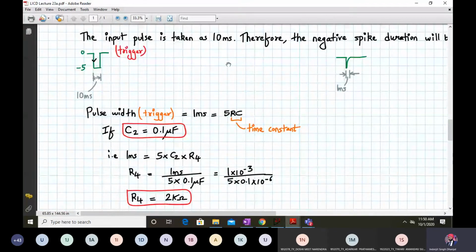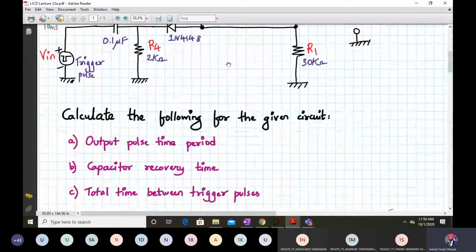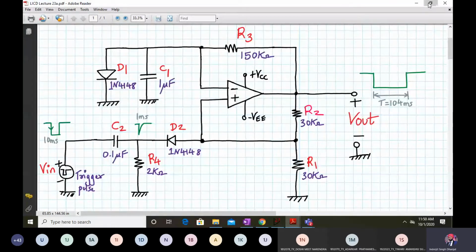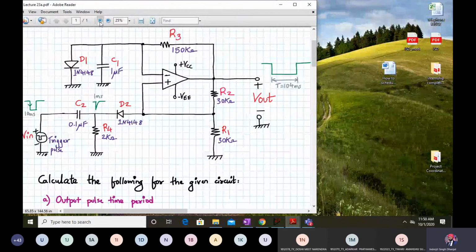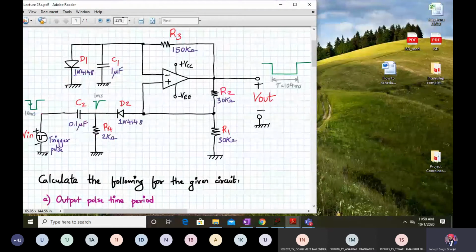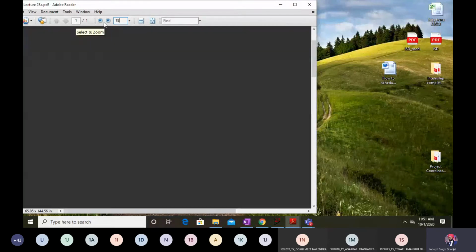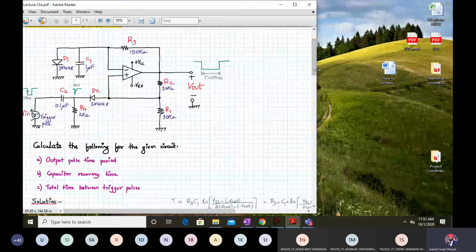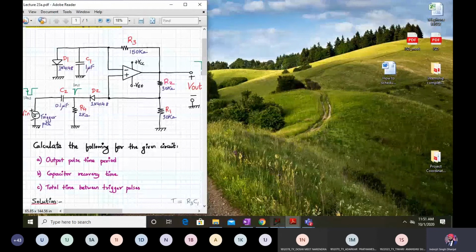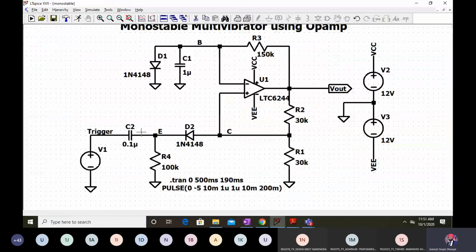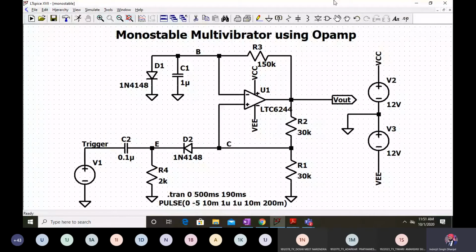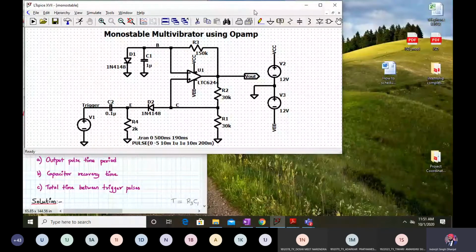Now, with all these values, let us check the simulation very carefully. I'll keep the circuit over here, and I have to decrease the font a little, maybe around 18. Now I will open up the LT-Spice simulation. It's already made ready. I'll close the waveforms. Here it was, I think, 2 kilo ohms. So already the circuit is set up for your reference. This is your monostable multivibrator circuit.